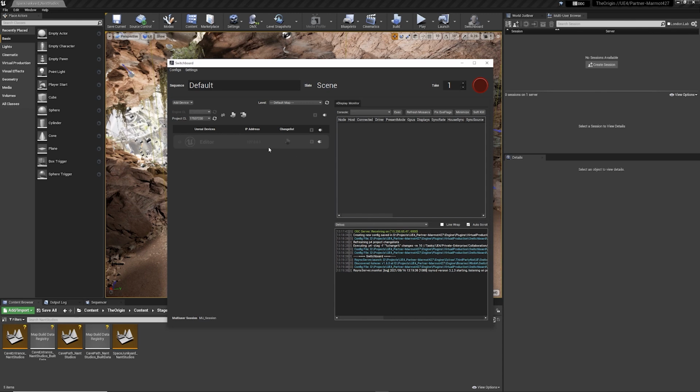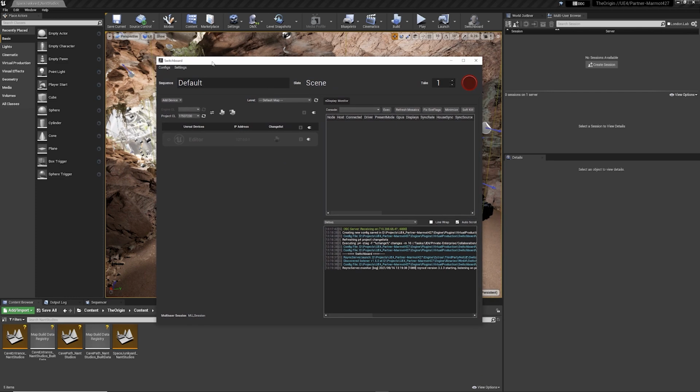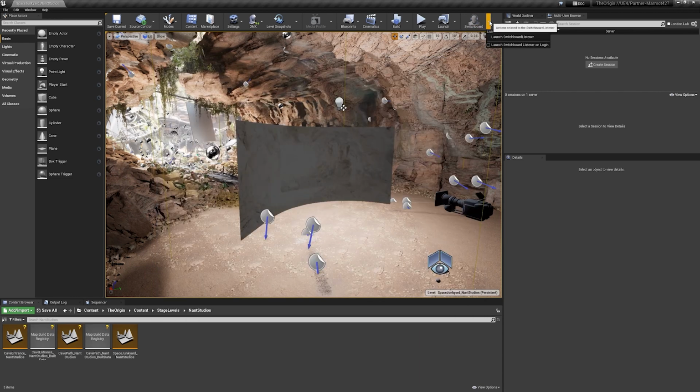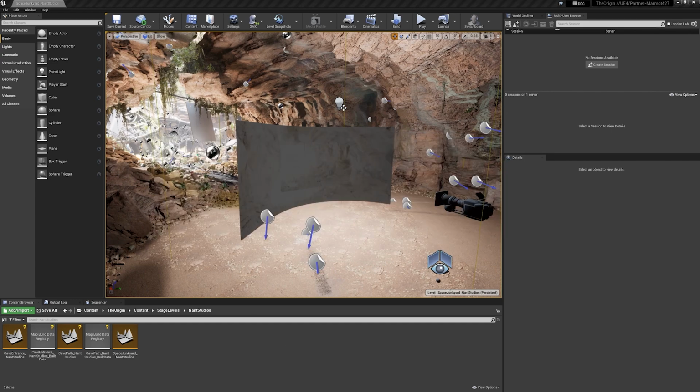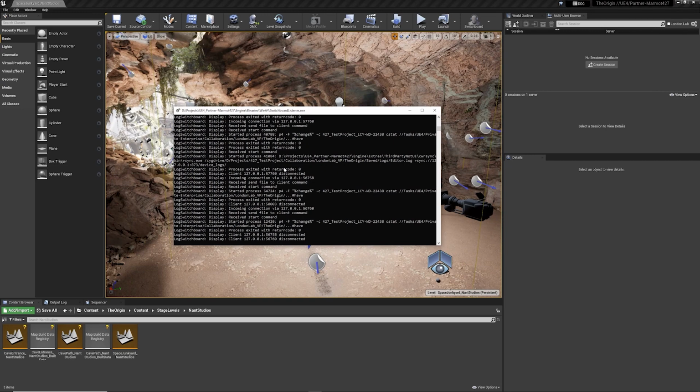Here we go. Now, before we can connect Switchboard to any device, the computer that's going to host the device needs to be running the Switchboard listener. So if we just head back over to Unreal, that's actually in this little triangle drop down here. You can see we can launch the Switchboard listener. And in fact, we can actually tick this box here so that the Switchboard listener automatically launches at login. So I'm just going to launch the Switchboard listener. And that's now hidden itself, but just to show that running, you can see here's the listener.